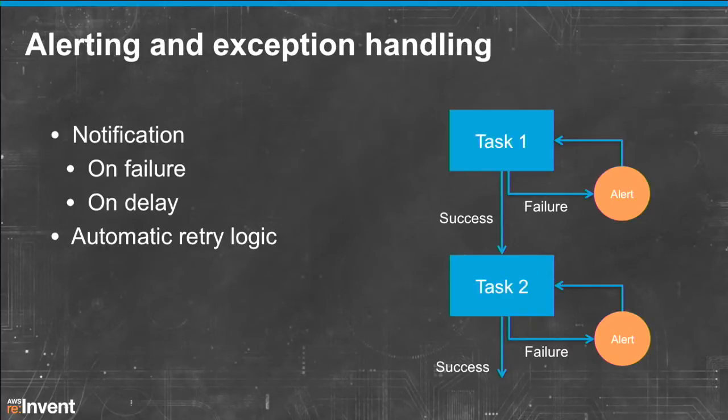We talked earlier about alerting and exception handling. So this is the scenario where you need to deal with things that go wrong. Within Data Pipeline, you can set up notification on failure, on success, on delay. So on delay might look something like this. Let's say you have a Hive script and you expect that it's going to take about 30 minutes. If it starts taking an hour, maybe an hour and a half, you want to be notified that something is